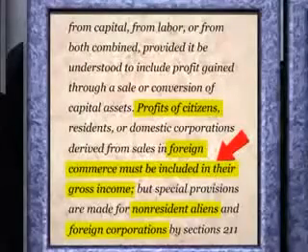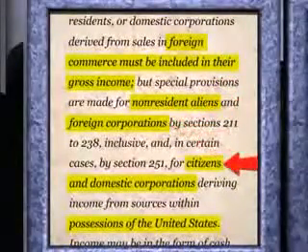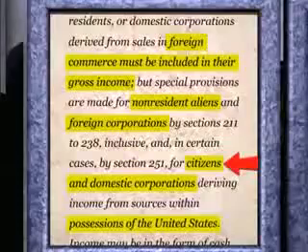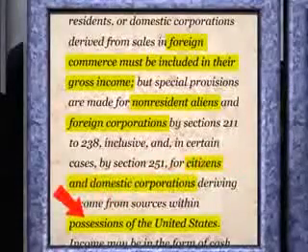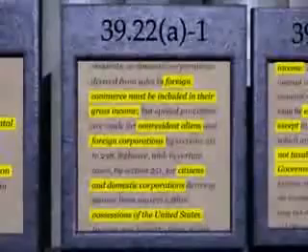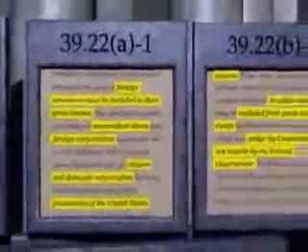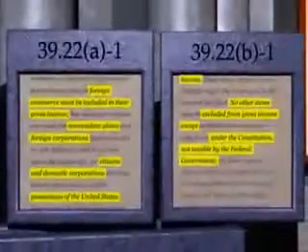They also mentioned non-resident aliens and foreign corporations, and citizens and domestic corporations who receive income from within federal possessions, such as Puerto Rico. But no mention was made of citizens who receive all of their income from within the 50 states. This is a list of those types of commerce which the Secretary of the Treasury believed were, under the Constitution, taxable by the federal government.